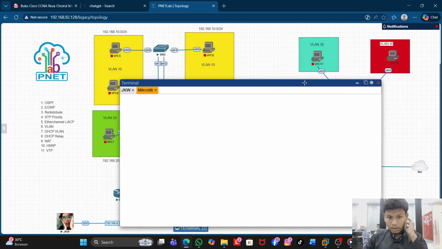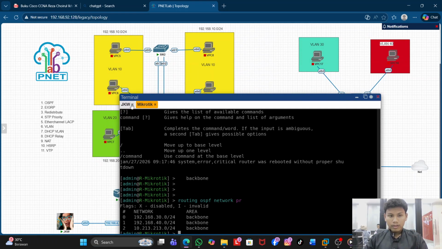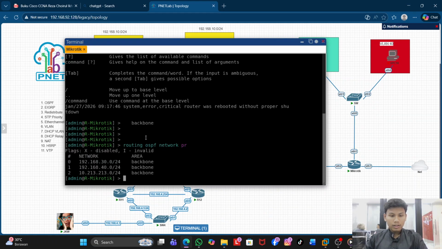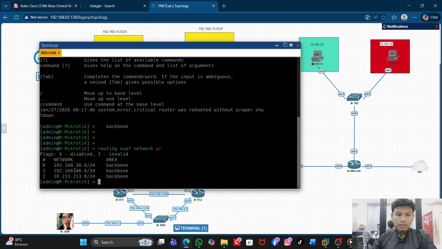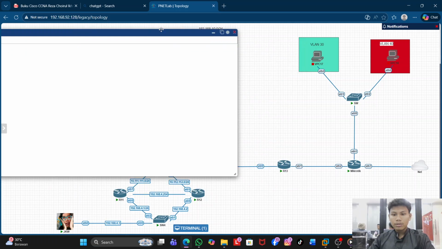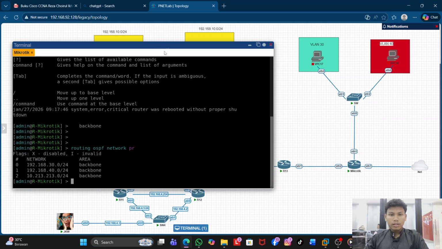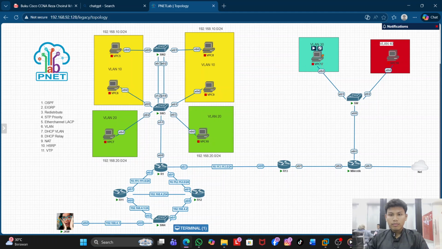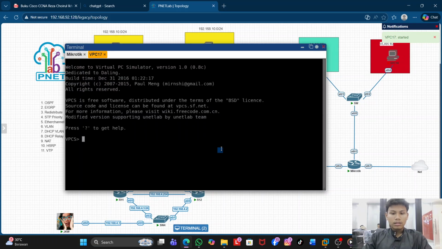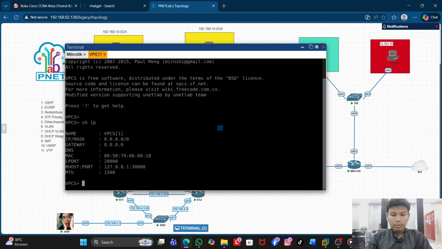Okay, in this MikroTik router, I advertise the VLAN networks, VLAN 30 and VLAN 14, and the interface that goes to router 13. This one is OSPF. To give the PC an IP, I use static instead of DHCP.